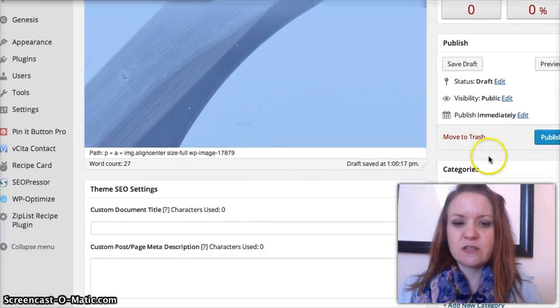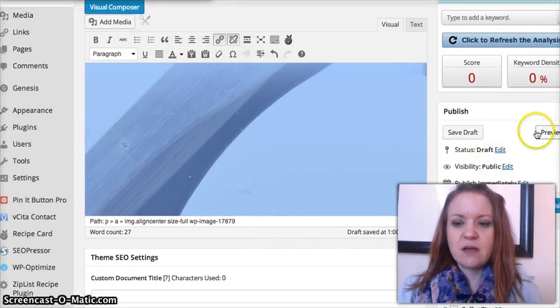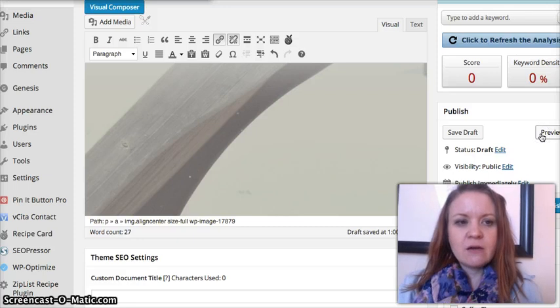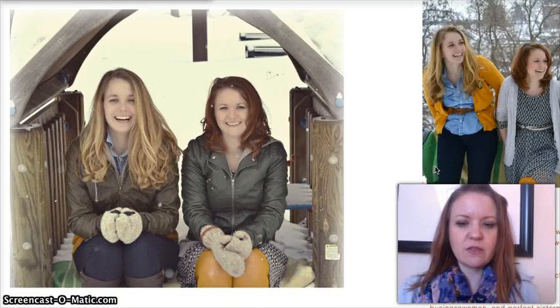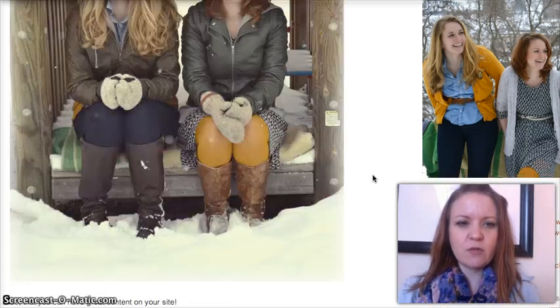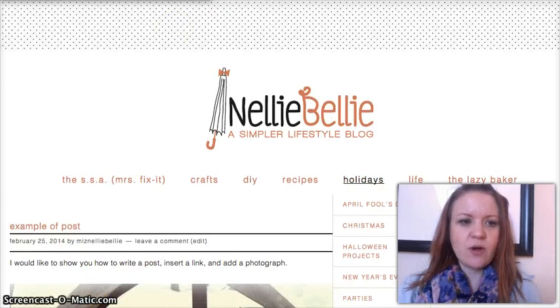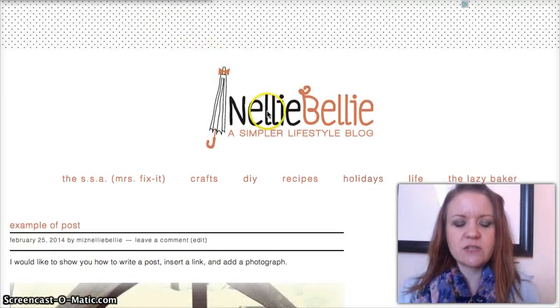I'll actually show you what that's going to look like. Let's see if I can. So I'm going to click the preview button. I'm going to show you what that will look like on the site. If I don't get that down in size, it's going to take up so very much space and memory. My internet is very, very slow today. We got so much snow over the weekend, I think it's messing with it. Oh, look, it's not actually doing anything. So it's really, really large on my site, on my post area, and I want it to be smaller than this. So I'm going to actually go back to the post area,